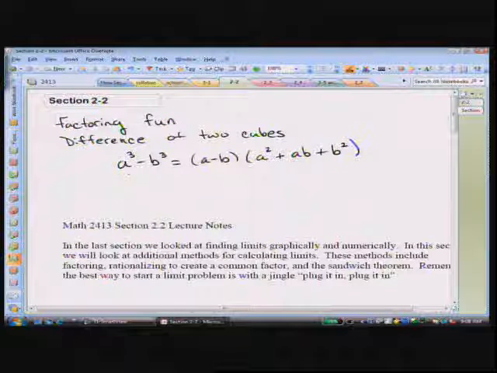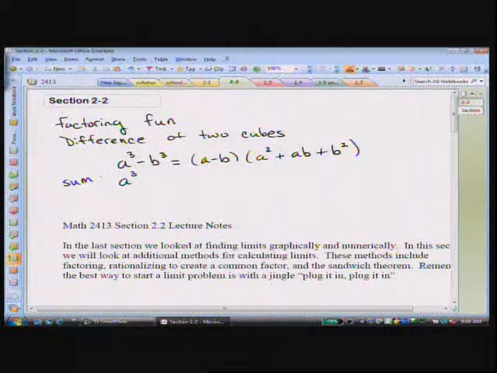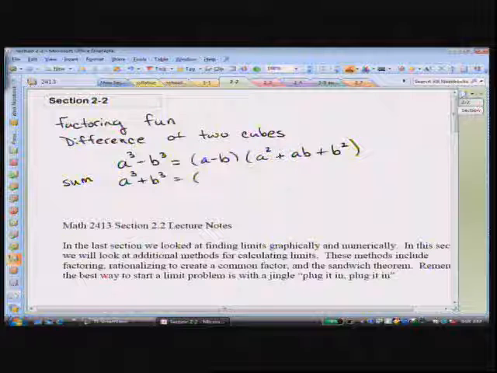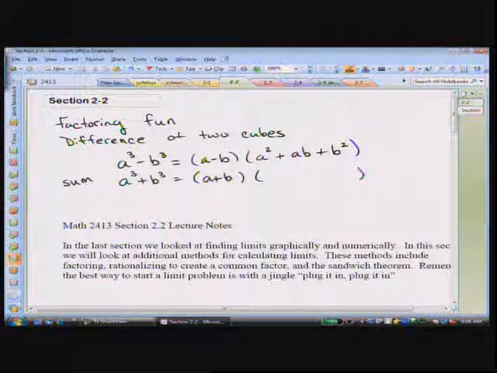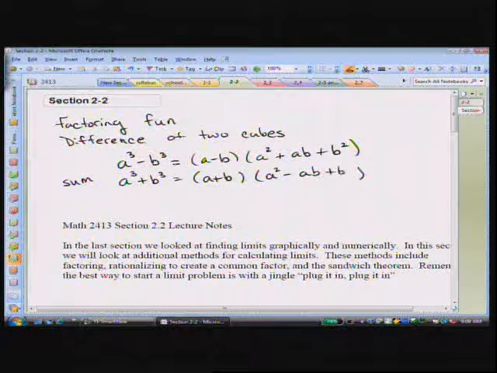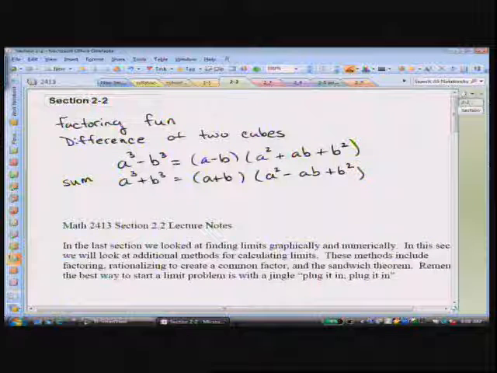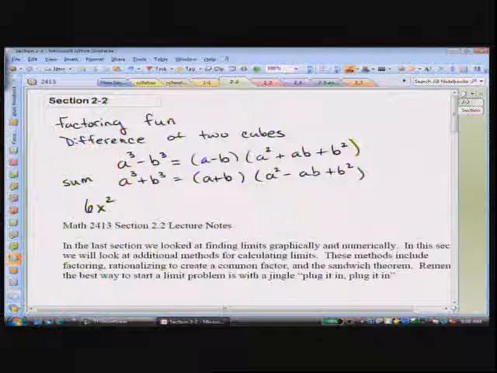Now, if it's the sum of two cubes, a cubed plus b cubed, all that changes is the signs. You're going to have a plus b, and then a squared minus ab plus b squared. And then the other one that I asked you to factor was 6x squared minus 11x